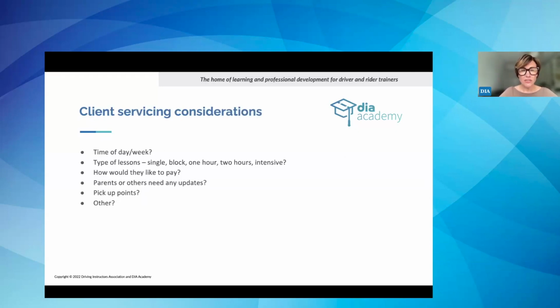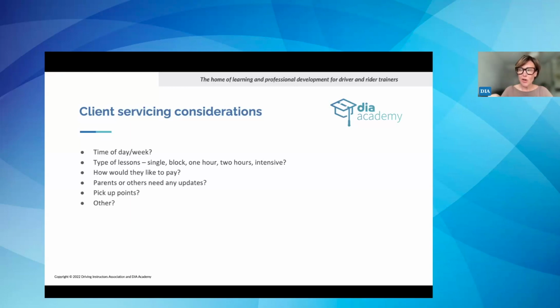Client servicing considerations I've already touched on to a certain degree. So if you're operating a business, you are there for your clients. They are your masters to some degree. However independent you think your business is and however much you control your own destiny, without customers, we don't have a business, and servicing them is important and giving them what they need. Obviously, we're not saying be run ragged by your clients, but understanding what it is they need and when they need and how they need it to be delivered to them is really important.